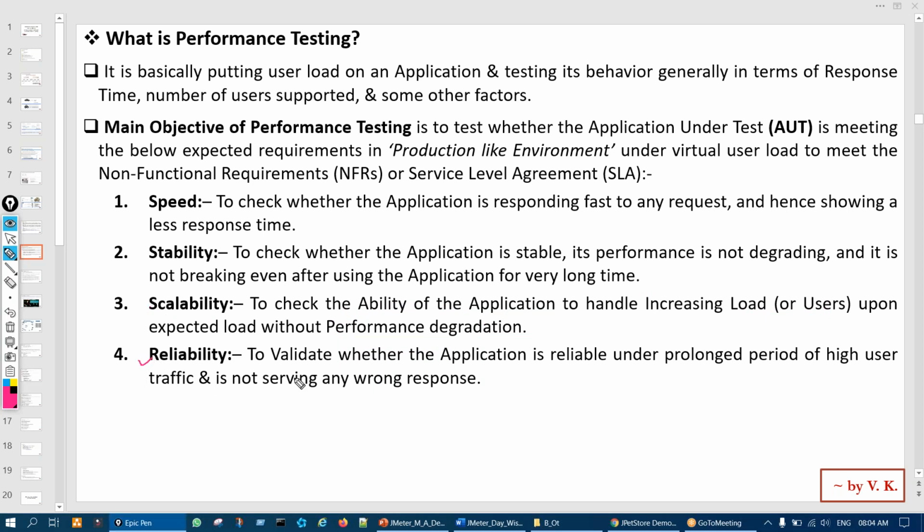Reliability. In reliability, we validate whether the application is serving the customers for a long duration with higher traffic, and it's not serving any wrong response. A wrong response means what?